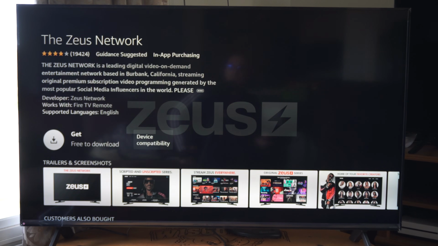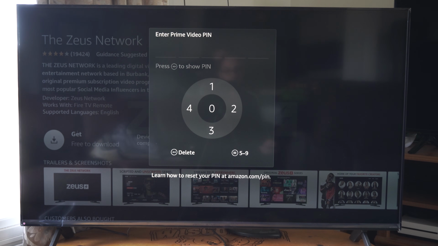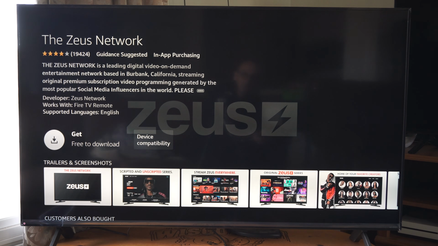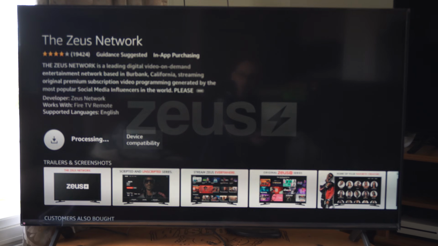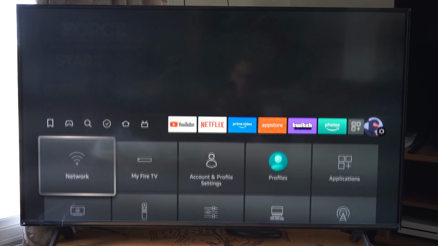Okay, now it's going to require a PIN before I can download this. So this is a parental control, and I have to type in my PIN before I can download it now. So now it's validating the PIN, and this could help stop someone downloading inappropriate things or using the credit card